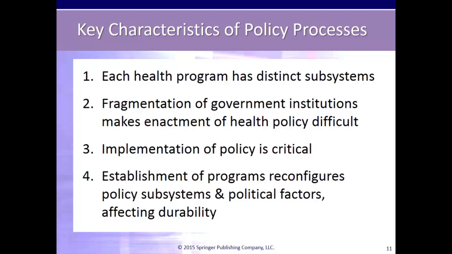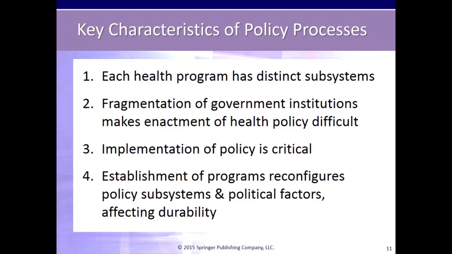The second characteristic of the American system is fragmentation. Some would say we do not have a healthcare system, as we have many pieces of a healthcare system that are fragmented. They do not work together. And our system of government makes it very difficult to enact major policy changes in the healthcare system. There are so many stakeholders with often conflicting objectives. In our system, change is often made incrementally, as it is easier to make incremental change.